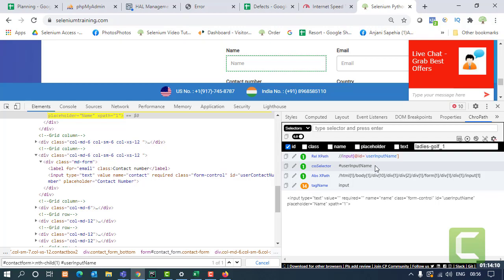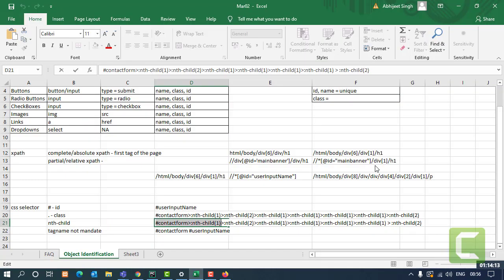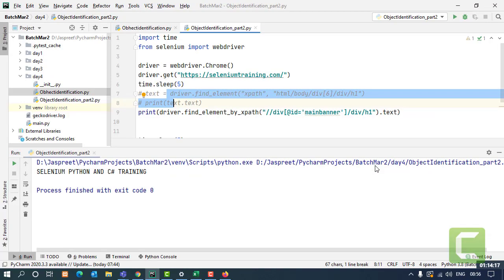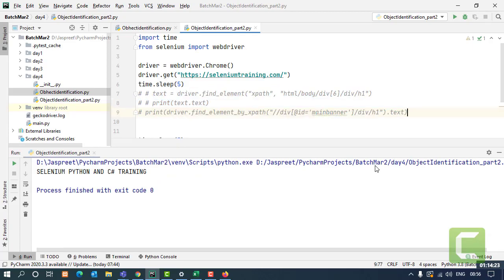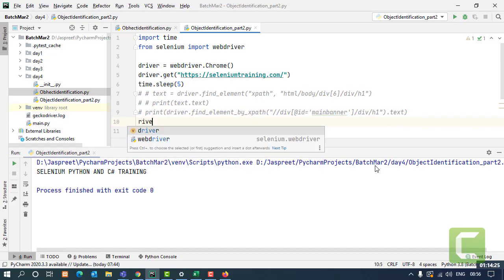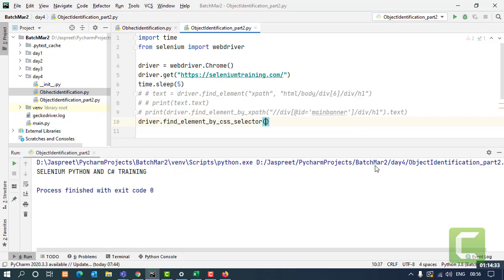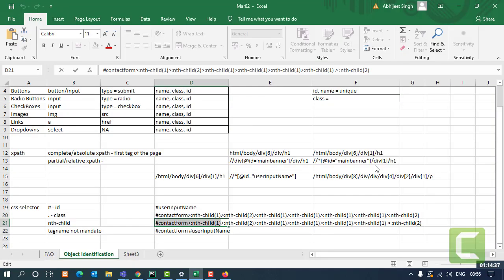Coming to the usage, how to use it. There are two different ways you can do that. Either you can use the generic function or you can use the specific function. So I'll say I want to use a specific function, find element by CSS selector. And the selector I'm going to use is, let's say, this whole selector.